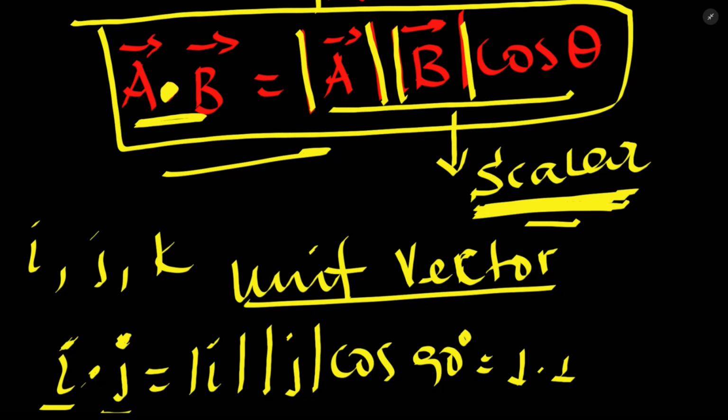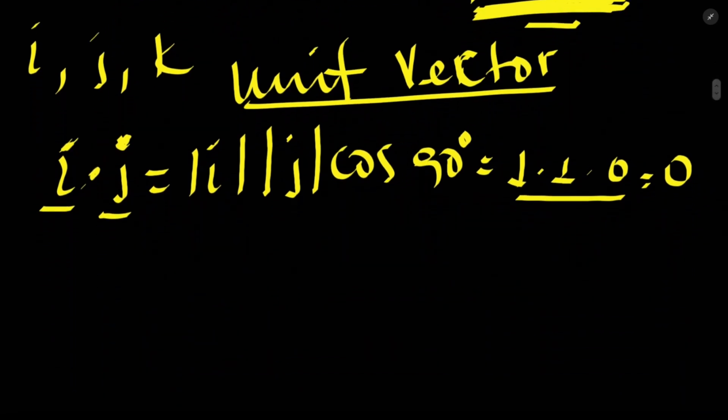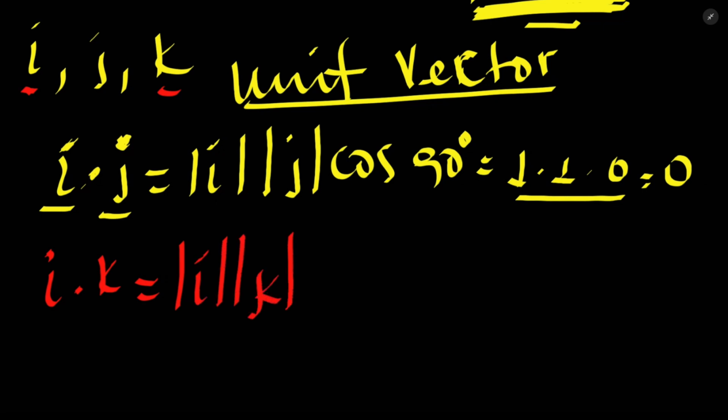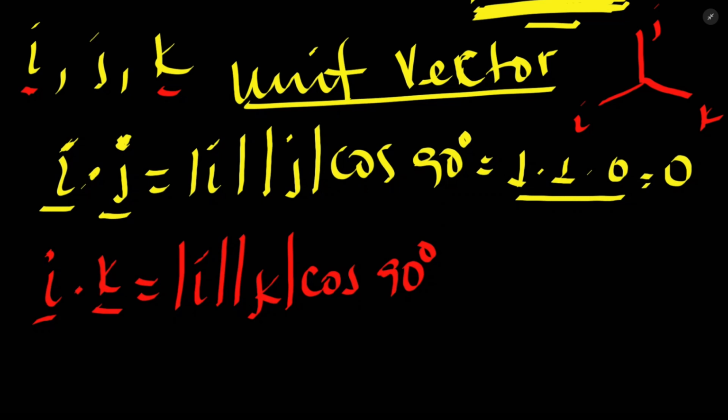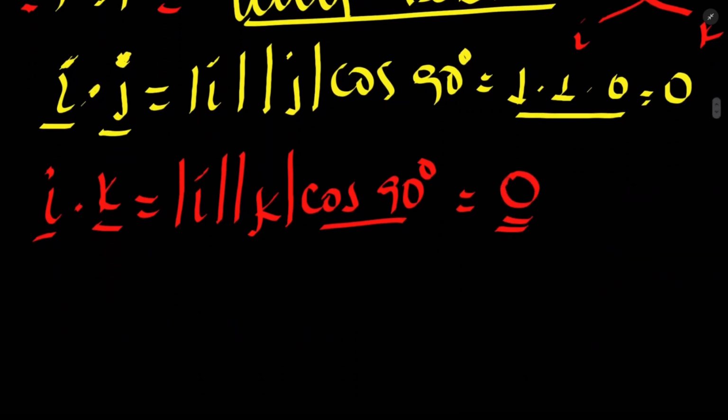አንድ ሲባዛ በአንድ cos of theta ማለት ደግሞ 0 ነው። ስለዚህ 0 ሁሉንም ሲያባዛ ስንት ይሰጠናል? 0 ይሆናል ማለት ነው። ስለዚህ i with j ዶት ፕሮዳክታቸው 0 ይሆናል። i with k ብንሰራው the magnitude of i times the magnitude of k times cos of 90 degrees ምክንያቱም i ከk ጋር ፐርፔንዲኩላር ናቸው። እርስ በርሳቸው 90 ዲግሪ ነው የሚገናኙት። ስለዚህ cos of 90 ዲግሪ 0 ከሆነ ፕሮዳክቱ ኦቨርኦል 0 ይሆንላቸዋል ማለት ነው።